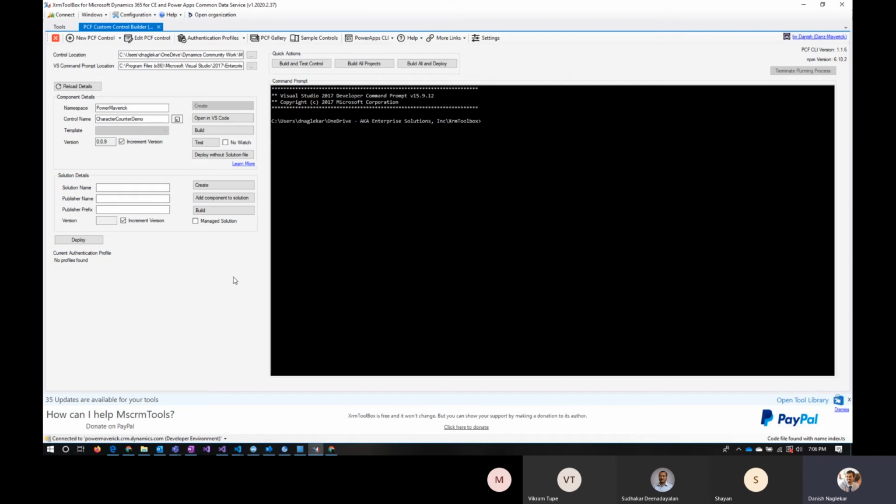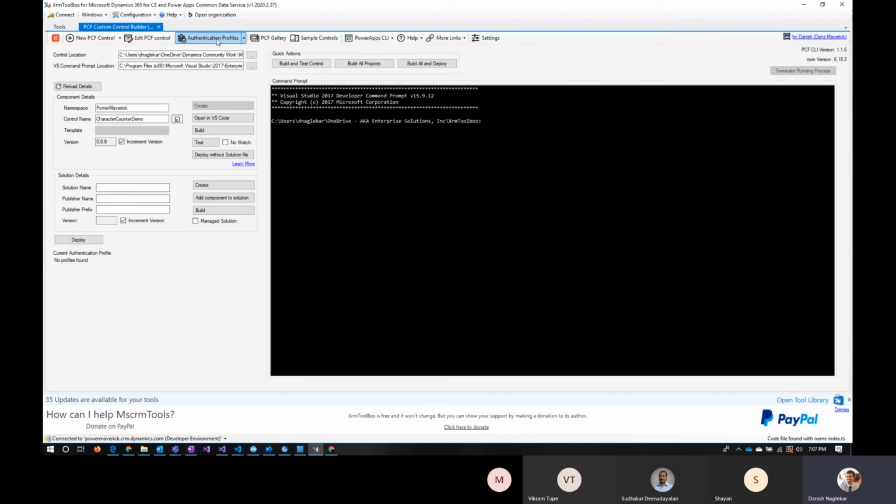But before we get started with this solution piece, I wanted to cover how you can do this deploy without a solution file. I'm going to rename this in the next version and put it as quick deploy, but let's call it quick deploy for this presentation. If you're going to do a quick deploy, you would always want to have authentication profiles created. Authentication profiles were newly introduced by Microsoft, and what they do is you have to